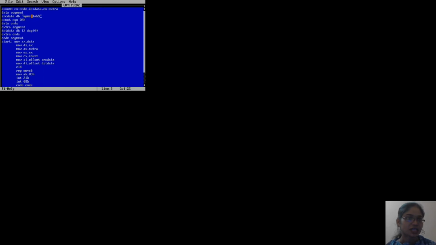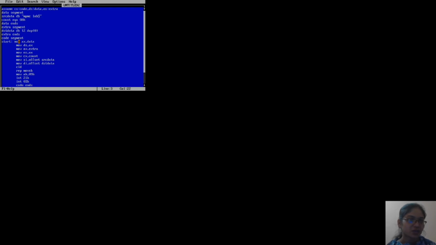I want to transfer this string to the destination extra segment, and I end this extra segment using extra ends, and start my code segment using code segment.